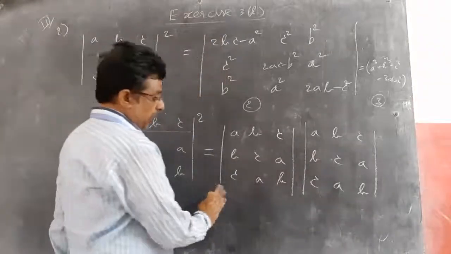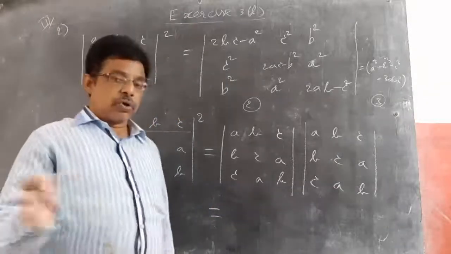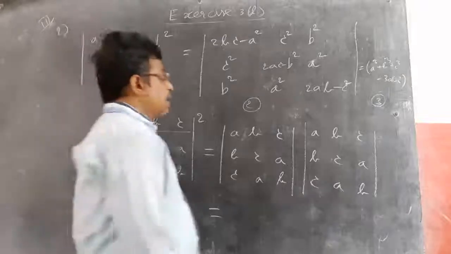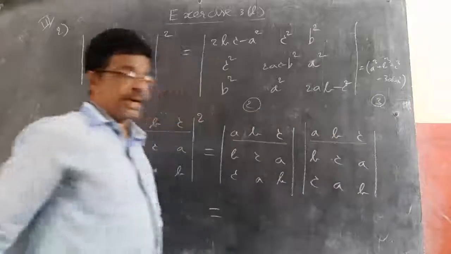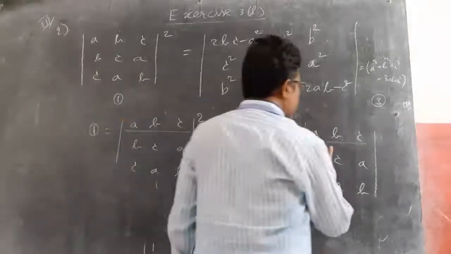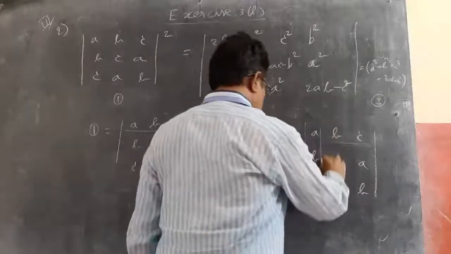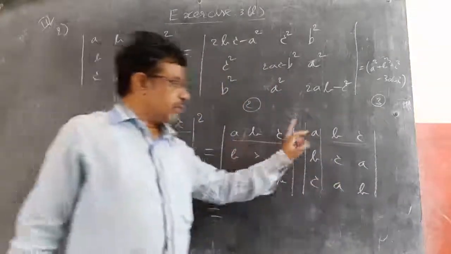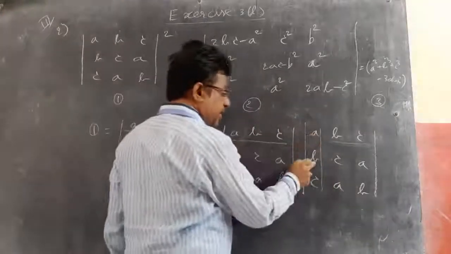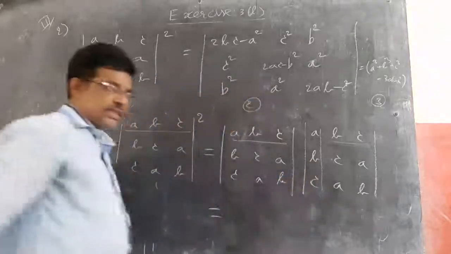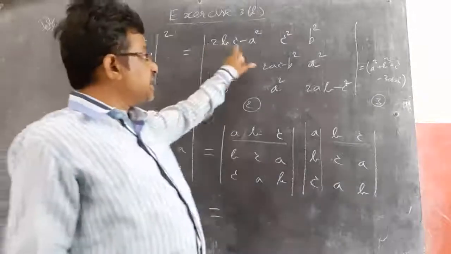Now, how can I find the multiplication? If I do direct multiplication, either row with row or column with column, it doesn't matter. I am going for row with row. So first row with first row, if I do, what do I get? Or your choice, row with column; same answer you will get, 100%. You know matrix multiplication, row with column, so do that only. So first row with first column, what do you get? a into a square plus b into b square plus c into c square. It's a big problem. We don't want a square plus b square plus c square. We need 2bc minus a square.